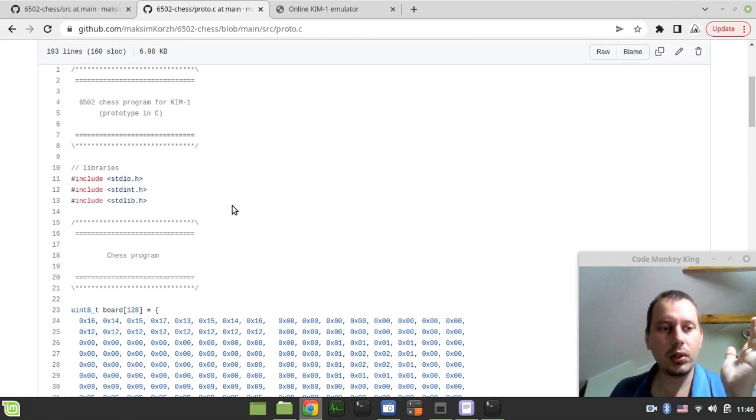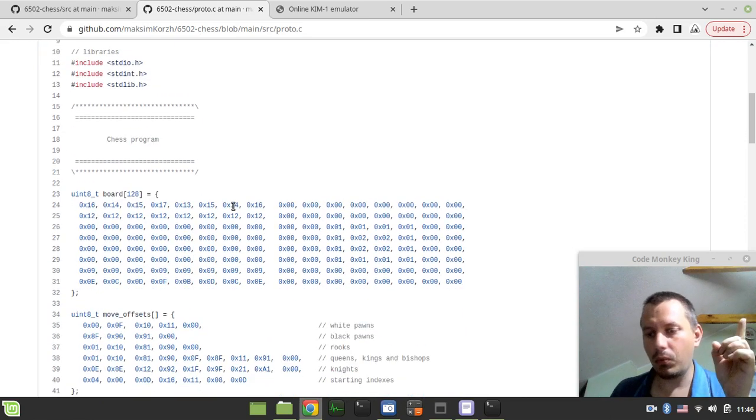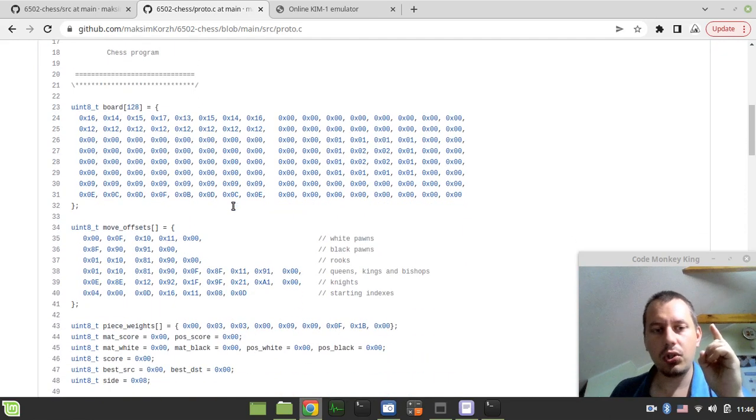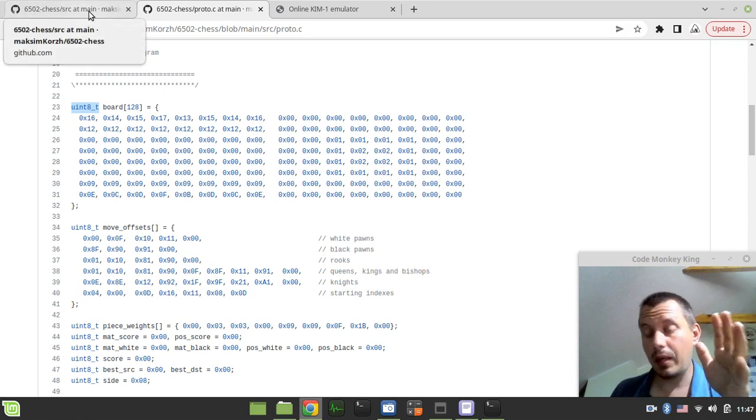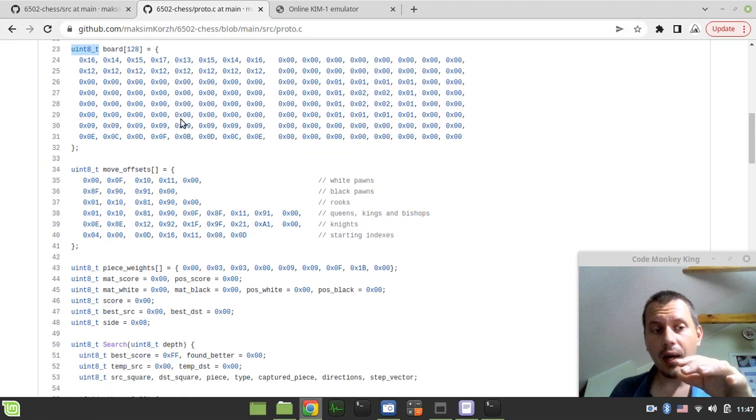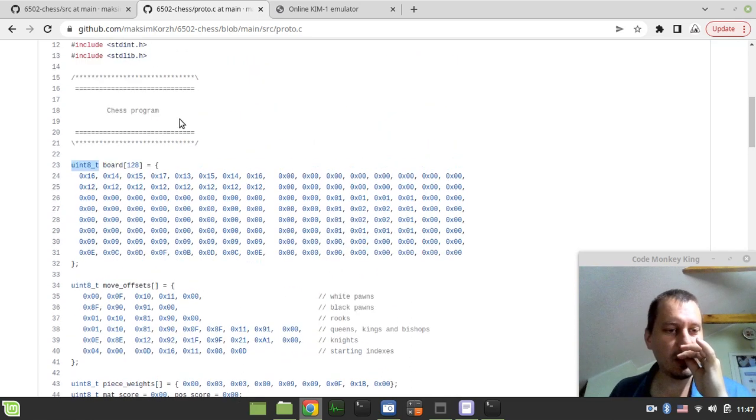So here is the source code. One of the core things to pay attention to: all the data types are unsigned 8-bit integers, just like those we have in King 1. And again, Harm says that those are signed. I don't want to argue about that, but what I want to say is